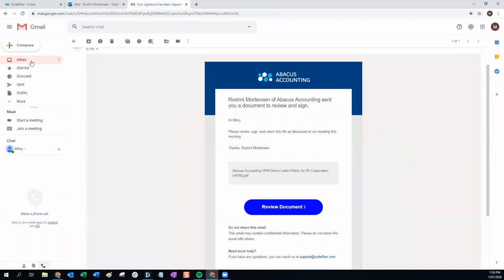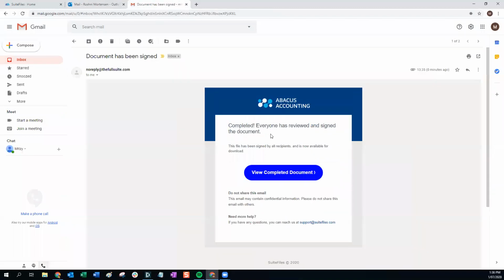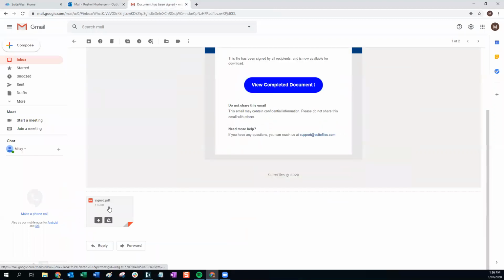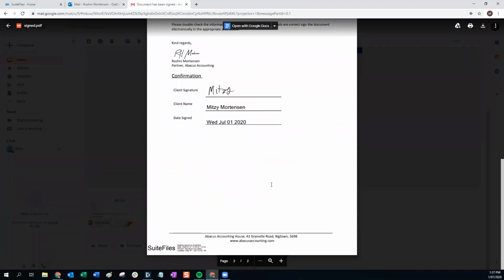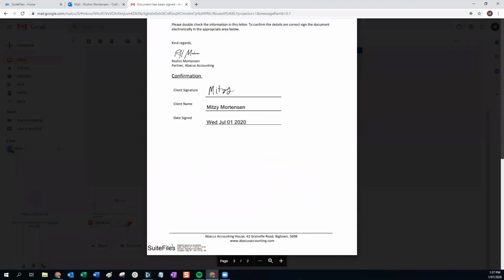If we jump back into my client's inbox, you can see that they've got the same email. So they've received that final copy of the signed document. So they can preview that. And what you can see at the bottom, in the bottom left corner of the last page of the document, is the SuiteFiles digital signing stamp. So that confirms that it's been digitally signed, and by whom, via their IP address as well as the date. So that's all recorded against that